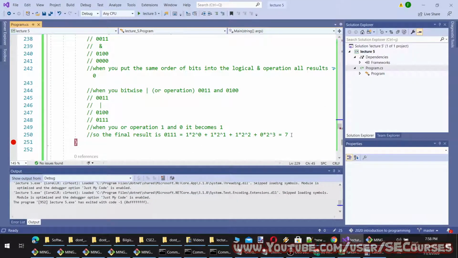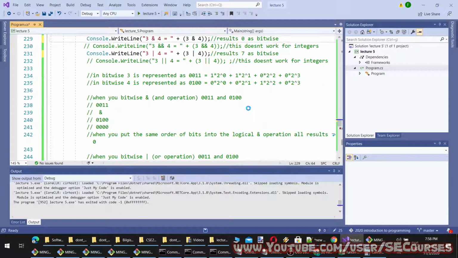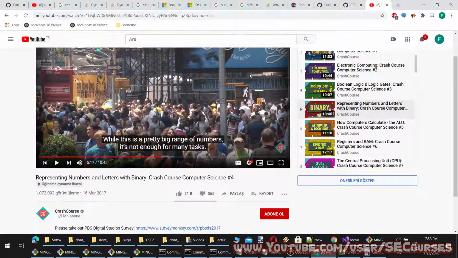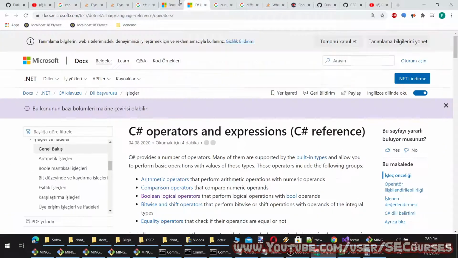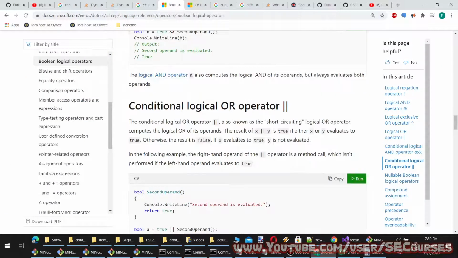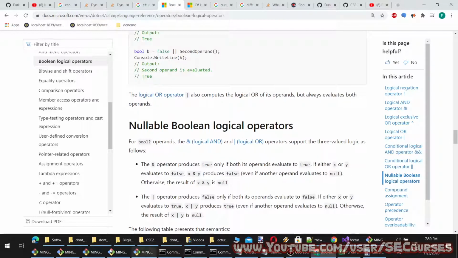Okay, so this is why bitwise AND produces 0 and OR results in 7. So what else is there for logical operations? Okay, I think we have seen everything for now.